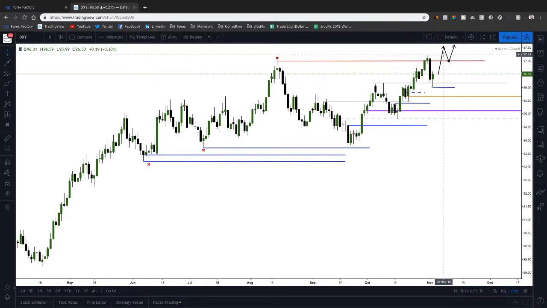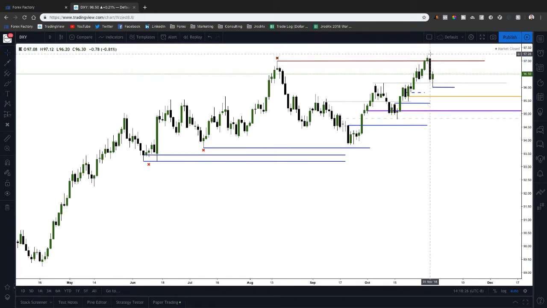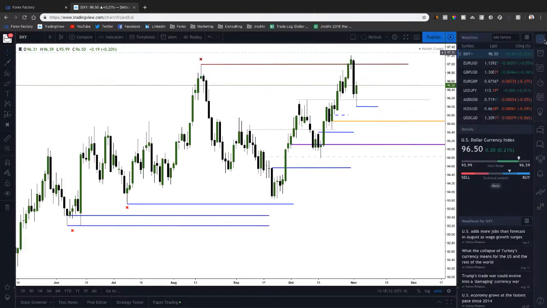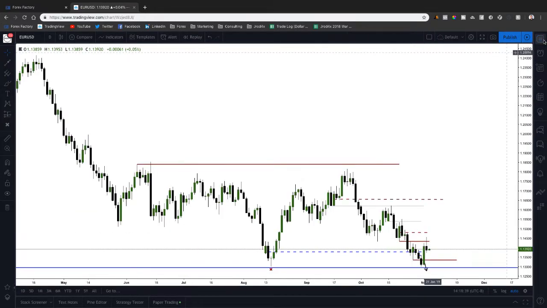So that's going to be how I'm playing dollar index, but up until we either get above 97.20 or below 96 big figure, I'm not really doing anything yet, because I want the market to prove to me one of those biases so I can see which one is correct, and then I'll have more confidence when going in to position myself in a trade. So let's go ahead, we'll move over to euro dollar now.